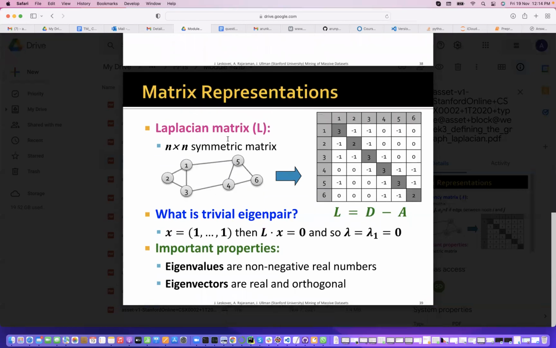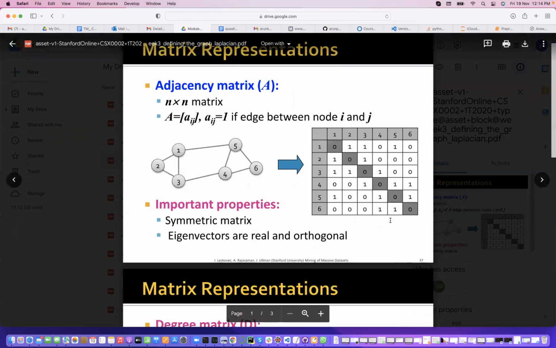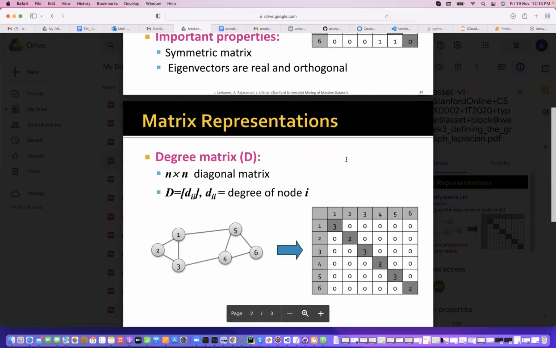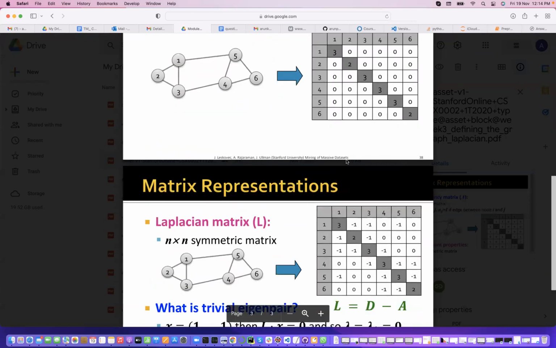Then we will define what the Laplacian matrix L is. It is an n by n symmetric matrix. So what is the trivial eigenpair? L equals D minus A. If you take the right side, they're defining the L matrix, L equal to D minus A. Your A matrix was this, and the D matrix is this. Then D minus A, if you take this D minus A,